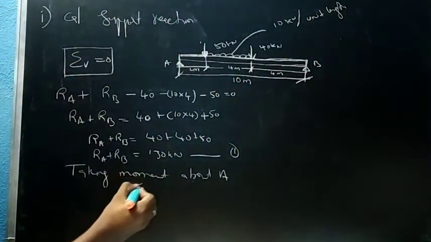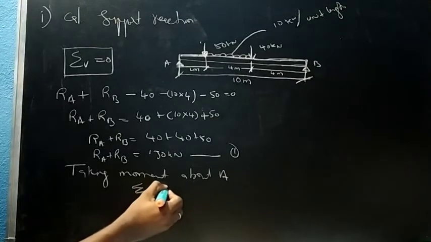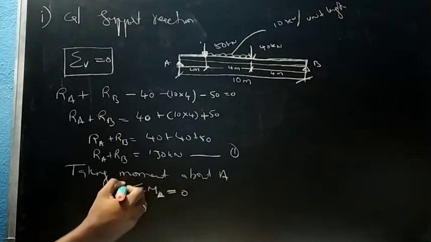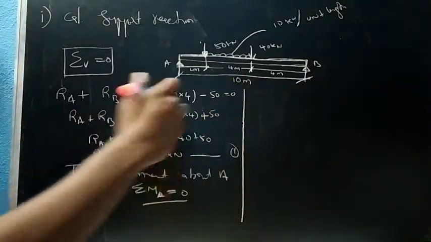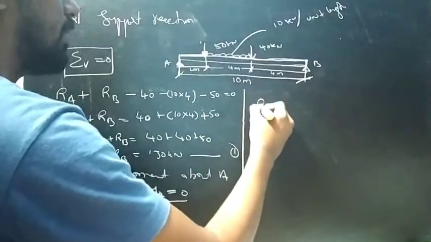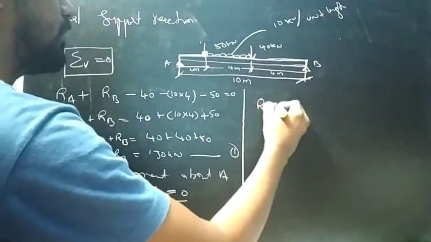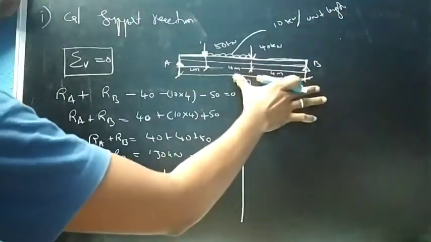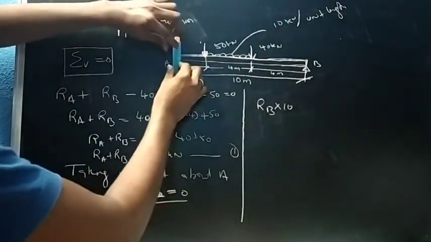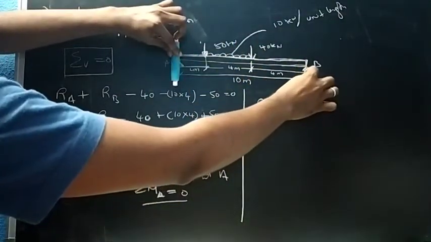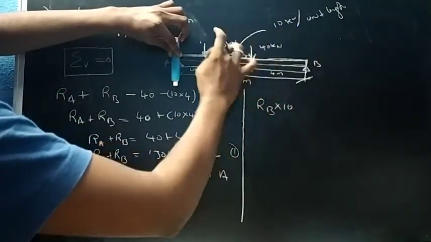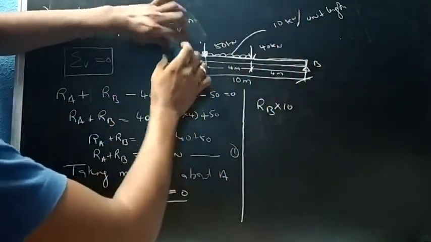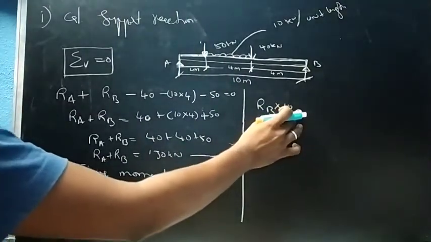So we will take summation of moment equals 0, that is sigma M A equals 0, right? So I can write that is RB into 10. So RB into 10. I am taking this, it is making the beam sag, that's why it's positive, that is RB into 10